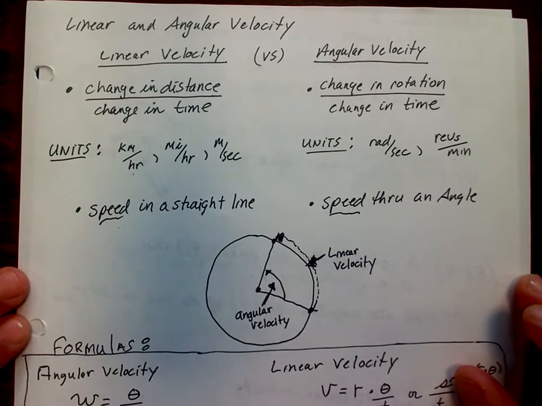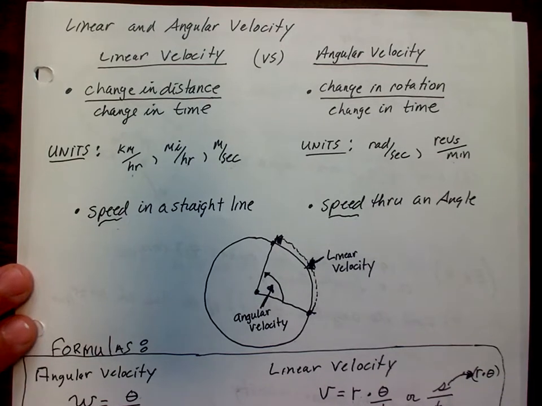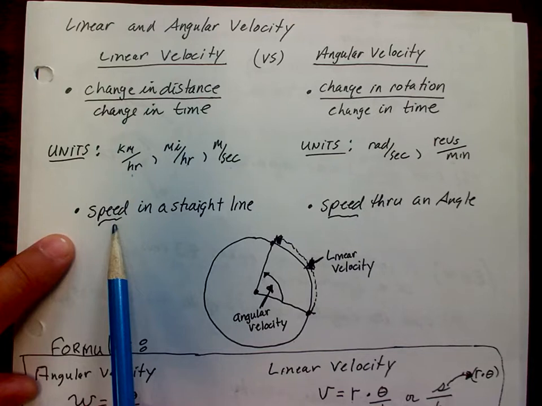In this video lesson, we will be looking at the linear and angular velocity of objects as it relates to our precalculus course. Linear velocity is measured as a change in distance over a change in time. Common units of measure that we use are kilometers per hour, miles per hour, or meters per second. It's the speed that an object is traveling